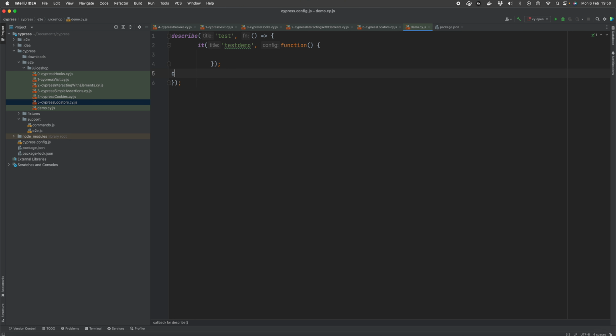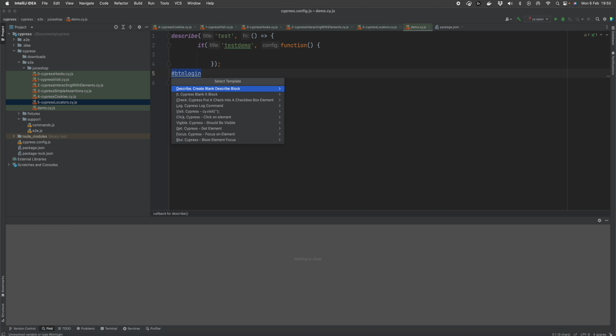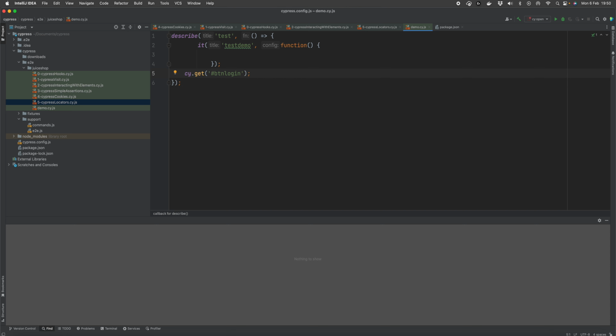So if I've got a locator, there we are. So button login, for example, I can highlight these, do my Command Option J, and you can see some of these letters have the underscores under certain ones. If you select that corresponding letter, it will give you that command. So for example, if I do the get, I can just press G on my keyboard and it'll do the get command.